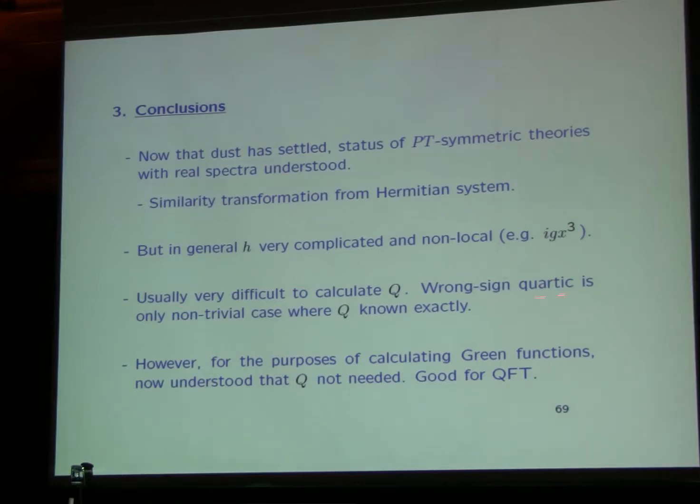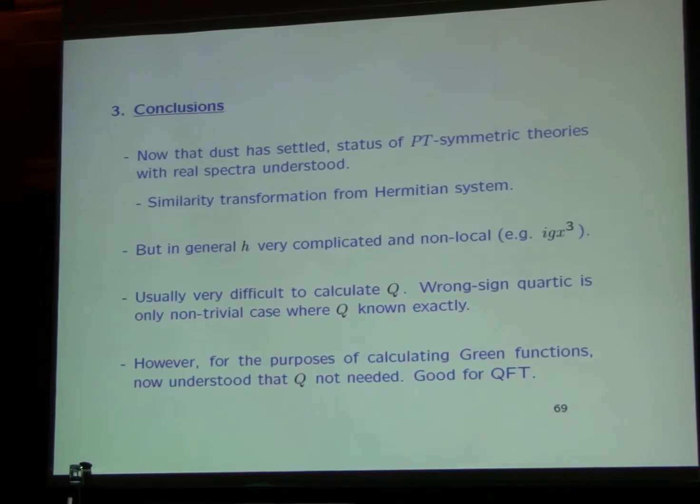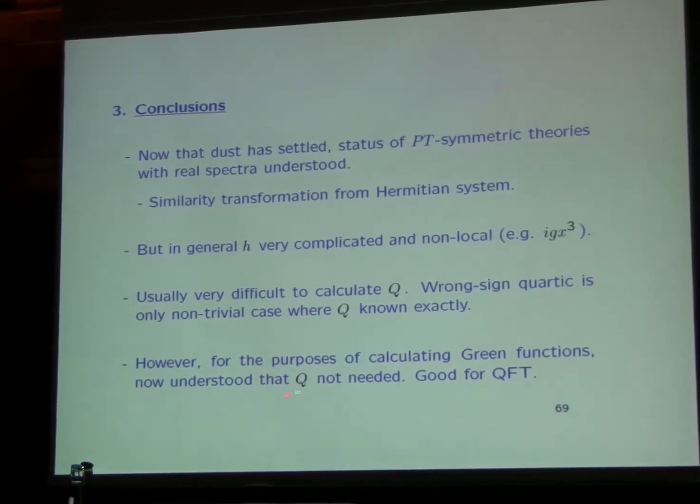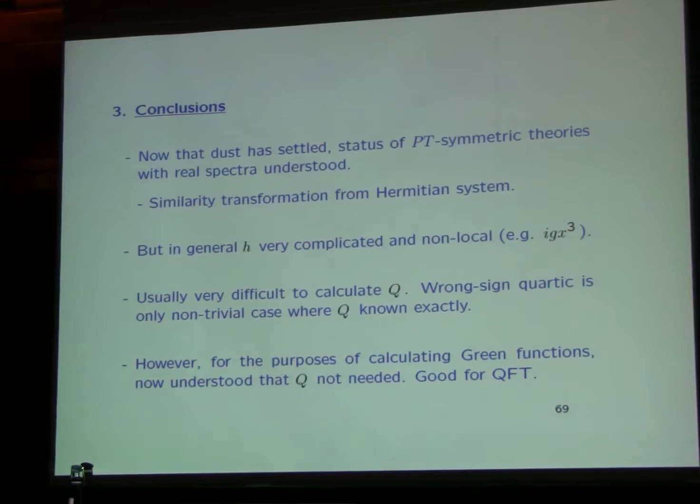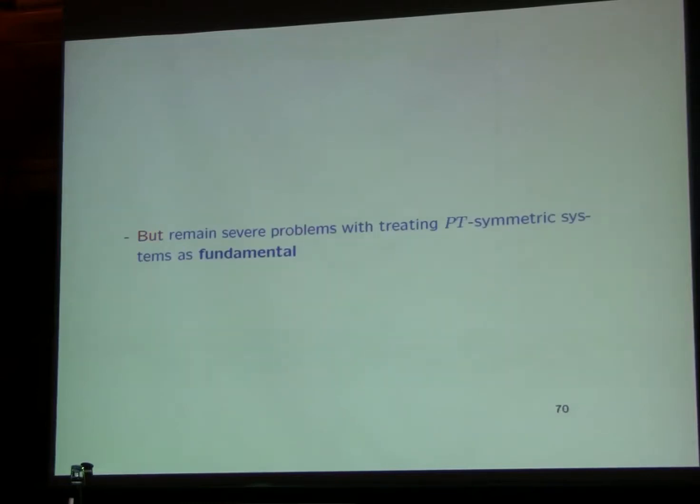Usually it's very difficult to calculate Q. The wrong sign quartic is the only non-trivial case where Q is known exactly. But, as I said, for purposes of calculating Green functions, we don't actually need Q, and that's good for quantum field theory if you really want to use this in quantum field theory. But the big but is that there, in my opinion, remain severe problems with treating PT-symmetric systems as fundamental. If you treat them as effective theories because you're ignoring some part of the system, that's fine. Nobody can argue, but you can certainly argue with treating them as fundamental because of these